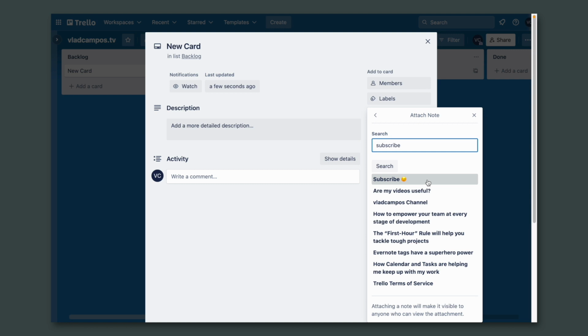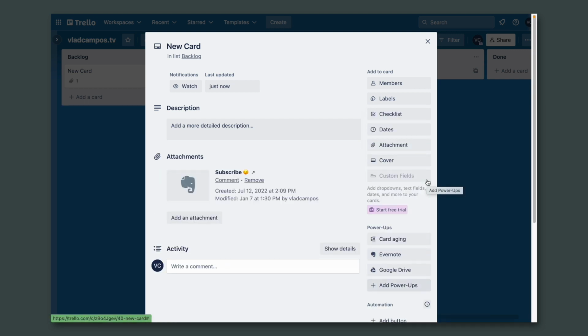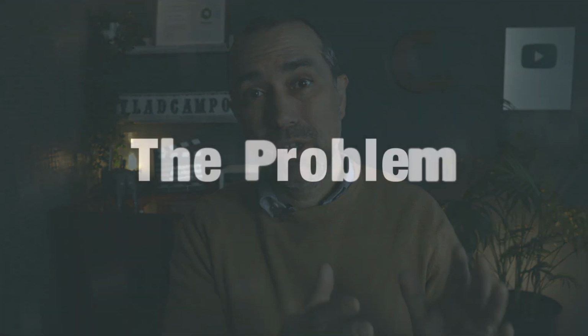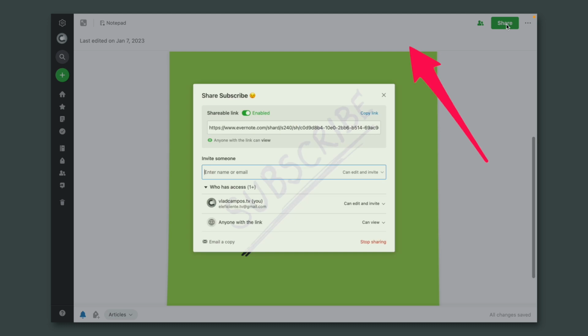And here's the note. And if I click here, I open the note. But as you can see here, this is the web version of the note, and this is precisely where the problem lies. If we go back to Evernote, to that note, you see that the Power-up converted that note into